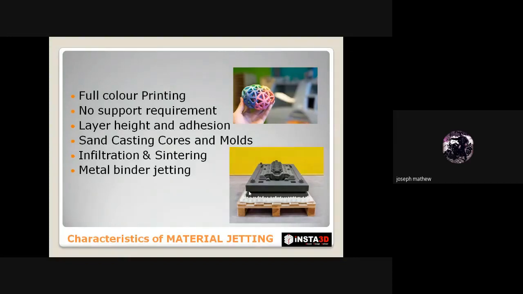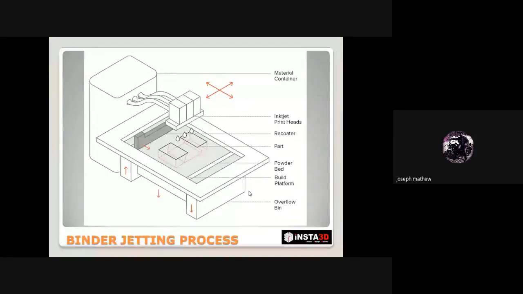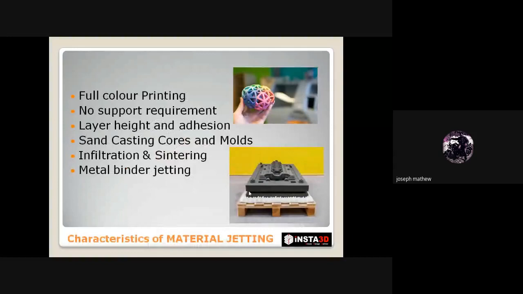In this, the metal powder is suspended in the bin, and layer by layer the metal powder is being bound using the jetting process, and then it is infiltrated or sintered in the furnace so that the binder material flows away. Around 60% or 50% of the printed component will be binding material, which will be blown away during the sintering process, keeping it in a furnace at a higher temperature, where the binding material flows out of the printed part, and then the printed part will be infiltrated with brass or bronze material,